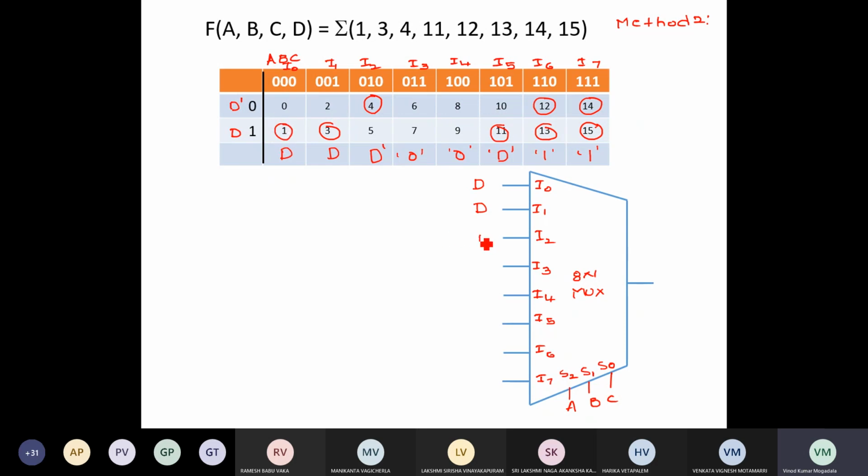So for this it is D prime, and for I3 it is 0, for I4 it is 0, for I5 it is D, for I6 it is 1, for I7 it is 1. So this is another method of implementing, right? Is it clear?